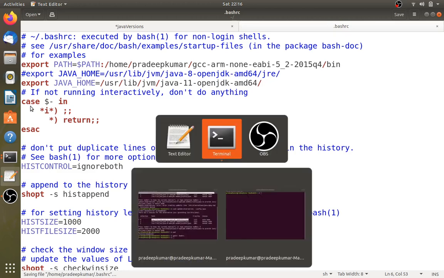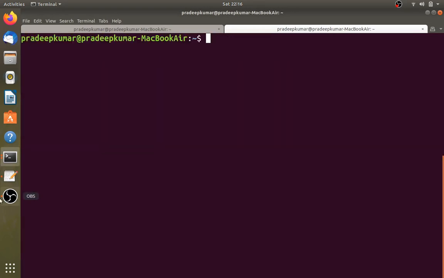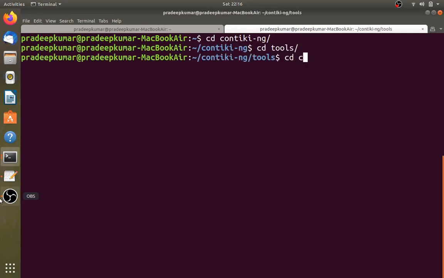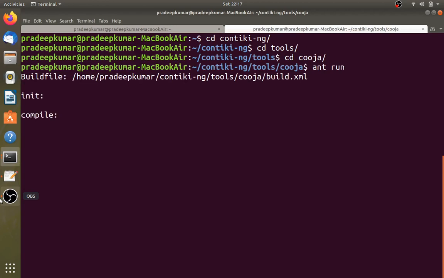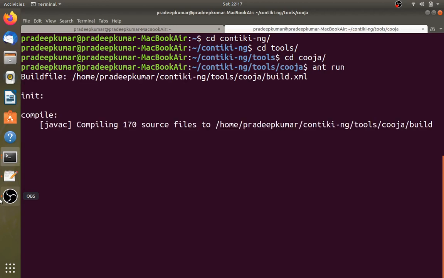Now I will be running an application. We have an application called Contiki OS, an IoT operating system. Here we have tools and we have Cooja. In this I am going to run a command called ant, the ant framework, and then I am running. Since Java 11 is involved in it,